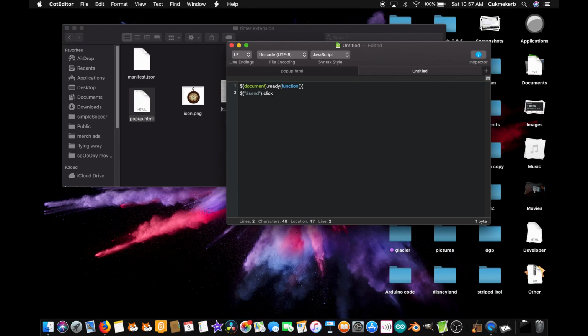So when it is clicked, function() { again,